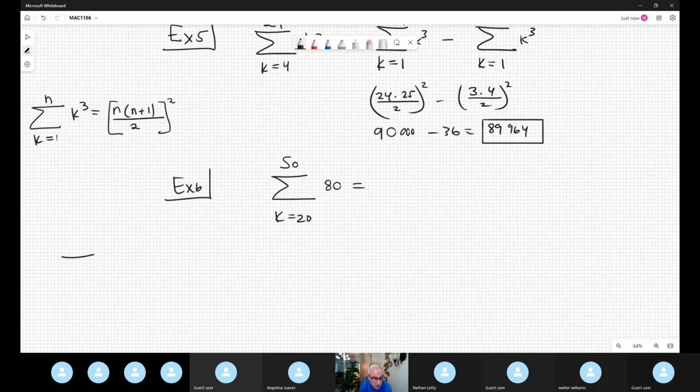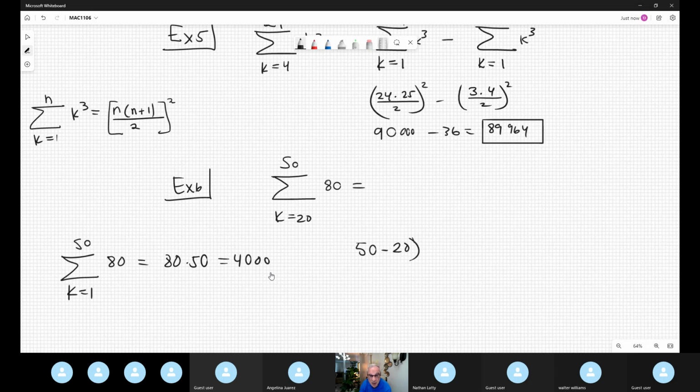If our summation started at 1 and ended at 50, then it would be 80 times 50, which is 4,000. But in this case, no, because a lot of terms are missing here. So what is the formula? You subtract 50 minus 20, which is 30,